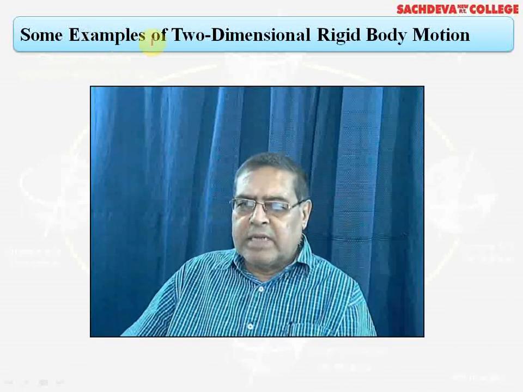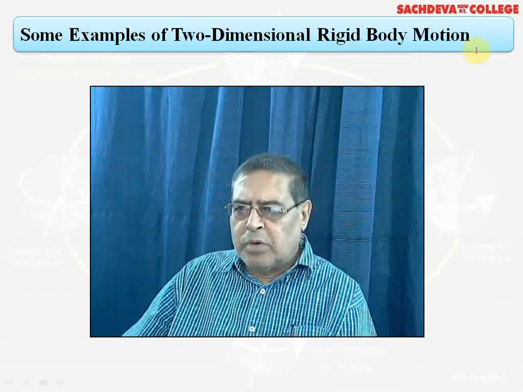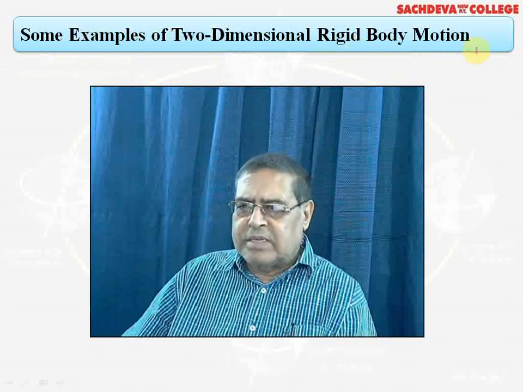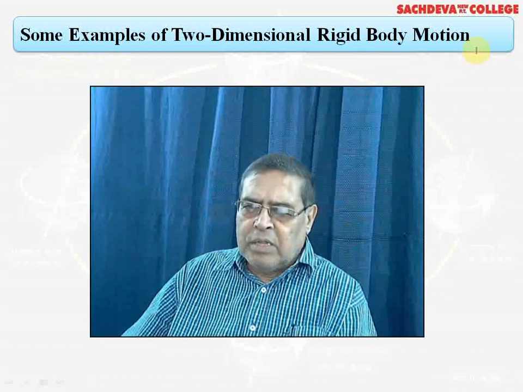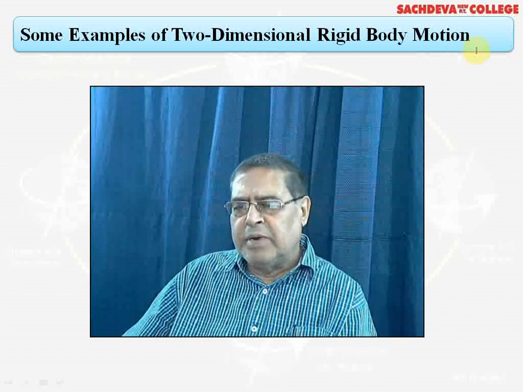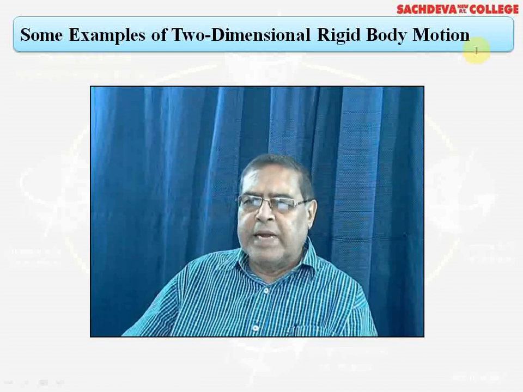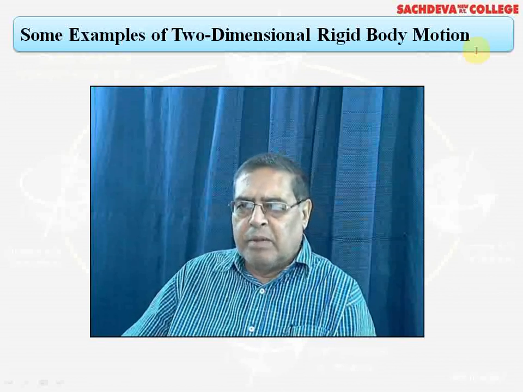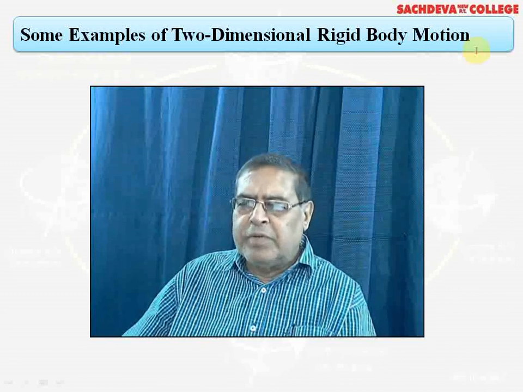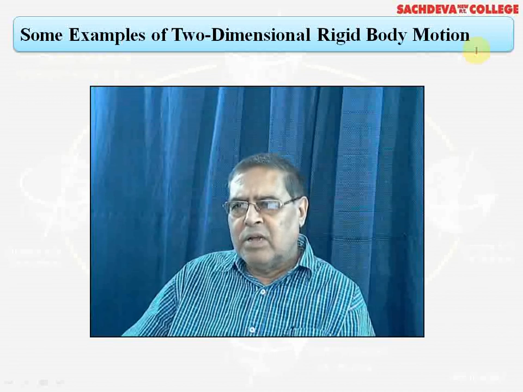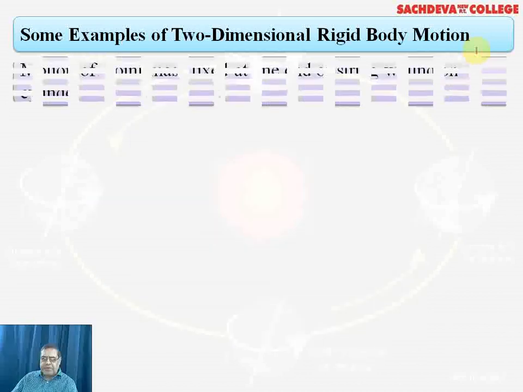Now, there are certain examples of the two-dimensional rigid body motion. I will once more repeat, a rigid body is that body which is made up of many particles, that is many atoms. The whole volume of the rigid body is made up of plenty of atoms or particles, normally 10 to the power 20 particles per gram of that rigid body. So now we have to see the two-dimensional view, that is on the x-axis and y-axis. So there are certain examples of it.